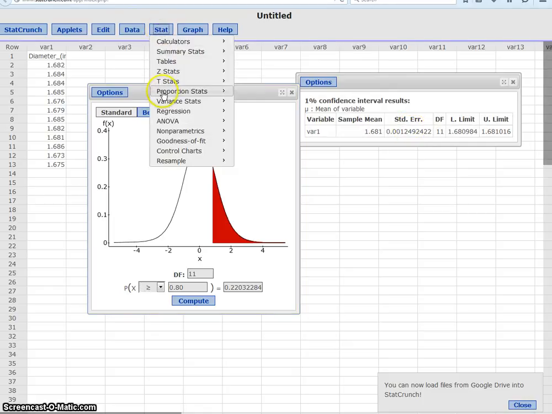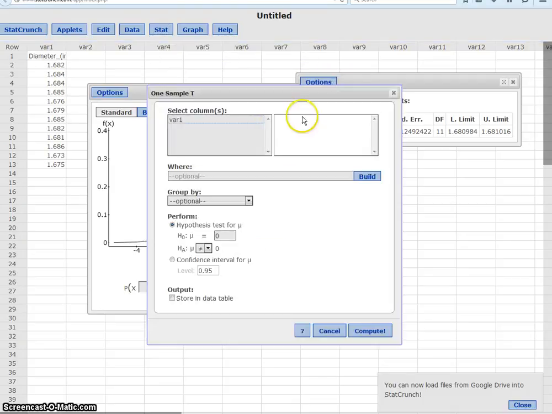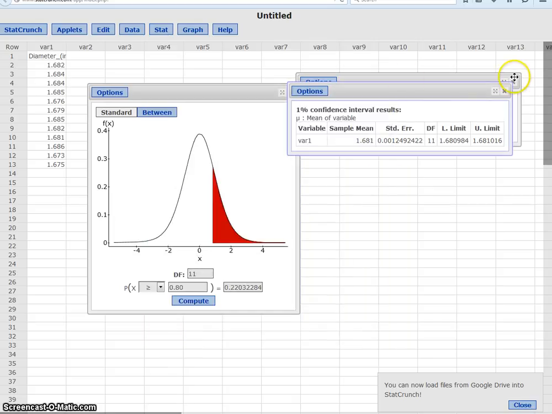Just go to Stat, and then go to T statistics, and then again you've got one sample, right? We'll talk about two samples later on in the next couple chapters, and then you go with data. Because you've got the original data, you don't have the statistics, you haven't calculated the mean or the sample standard deviation, so just go ahead and click that, and then you click on one variable, and then just put in your conditions for your hypothesis test, which if you go back to the problem were 1.86, and then the alpha level, if you look back at the problem, was 0.01, so I'm just going to change that, and then you click compute, and it should give you this box that I just had up here,